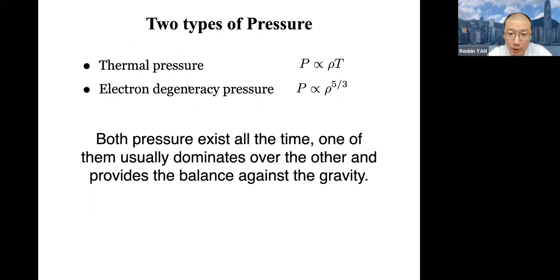It's actually two kinds of pressure supporting the star. The thermal pressure is the pressure that we are familiar with. It's basically our atmosphere pressure is the thermal pressure. And in a main sequence star, the center pressure is supported by thermal pressure. But we talked about the electron degeneracy pressure once before when we talked about protostars, right?